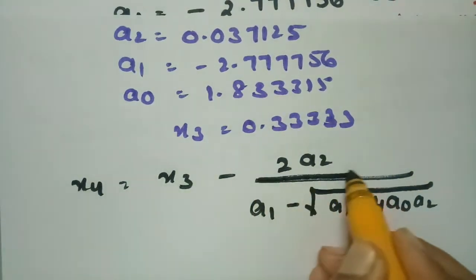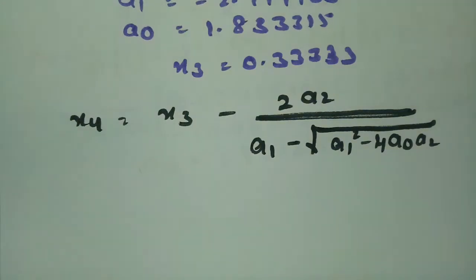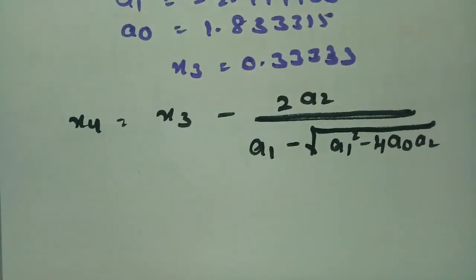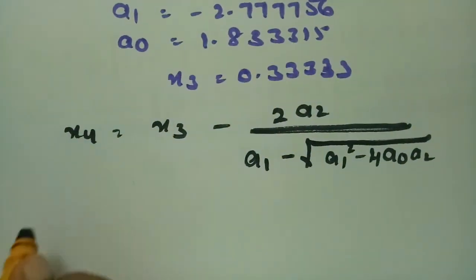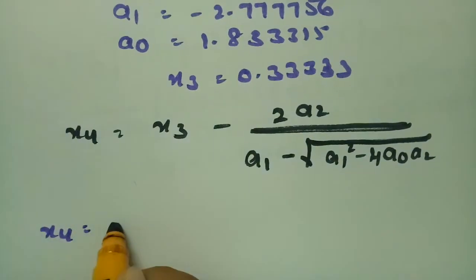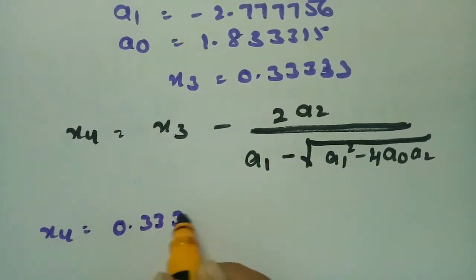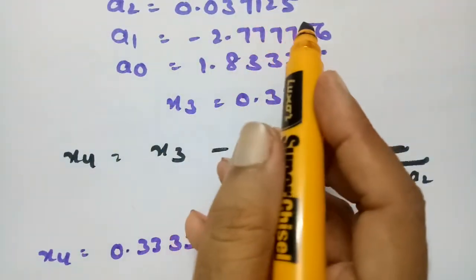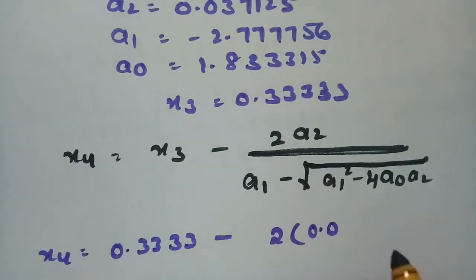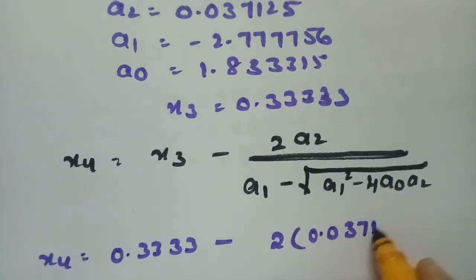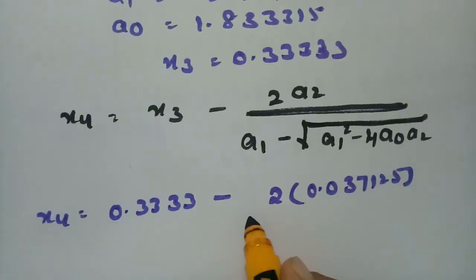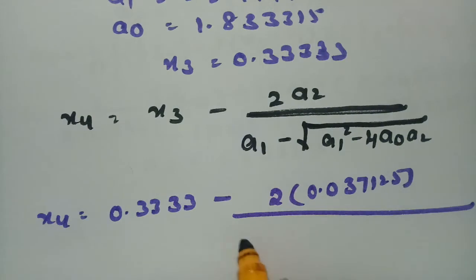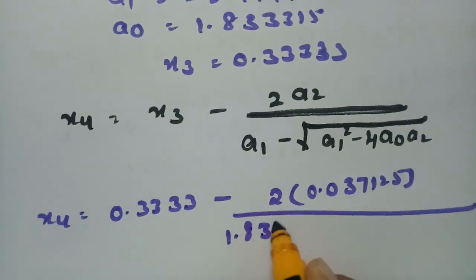If you substitute the values here, X4 value will be, what is X3? That is 0.3333 minus 2 times of A2. What is our A2 value? That is 0.037125 divided by A1, that is 1.833315